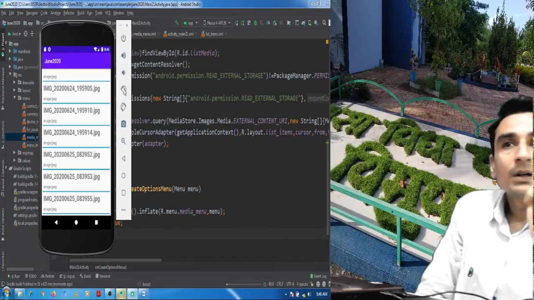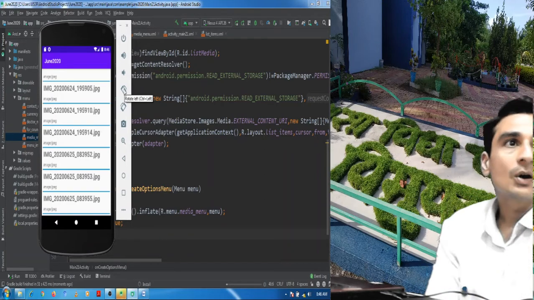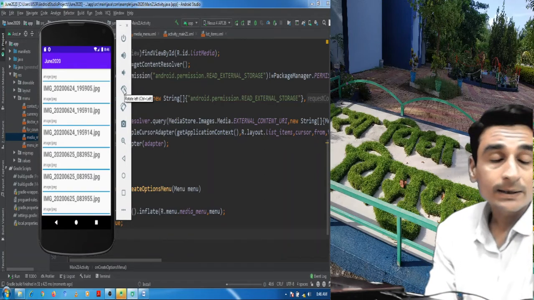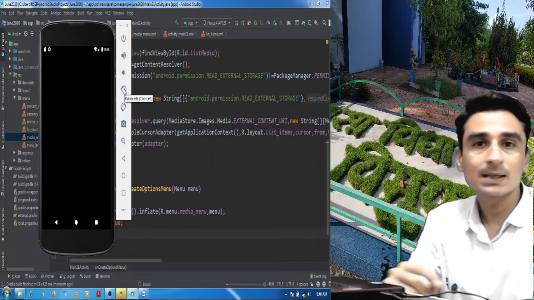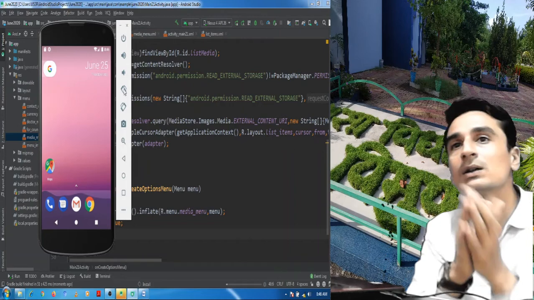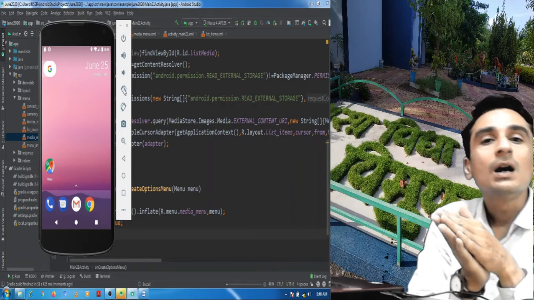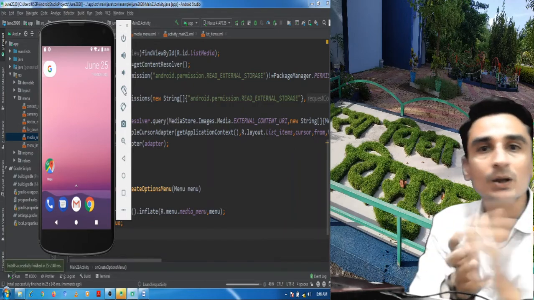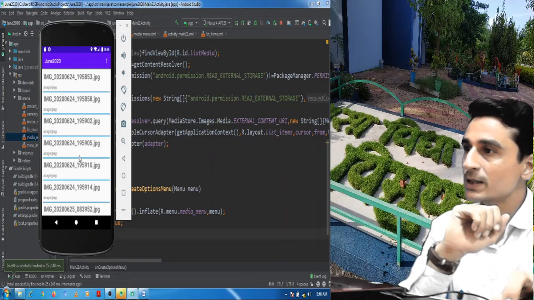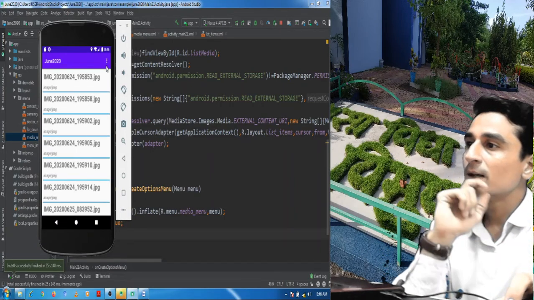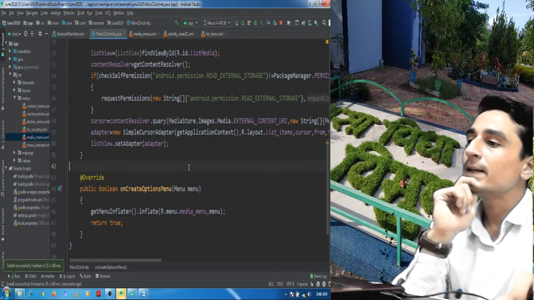Now we will override the method onOptionsItemSelected, and in that method we will check which menu item the client has selected, and depending on the client's criteria we will modify the query. See here, the menu is appearing, ascending and descending.